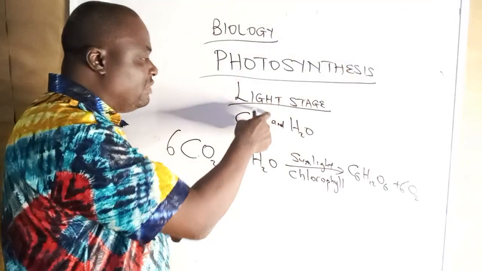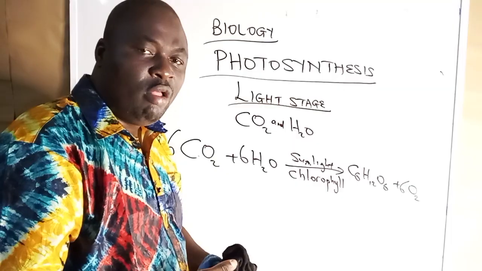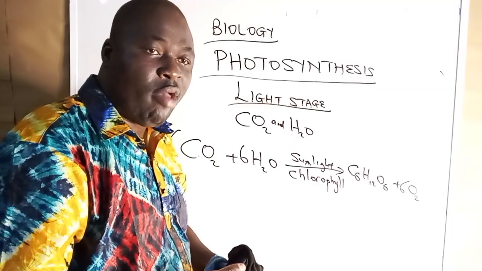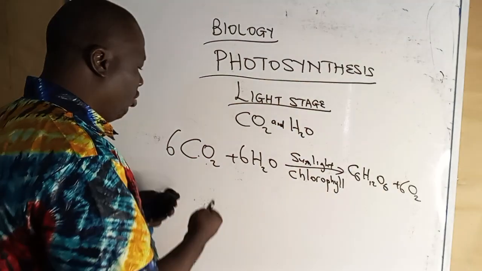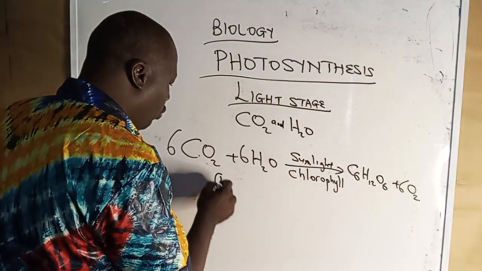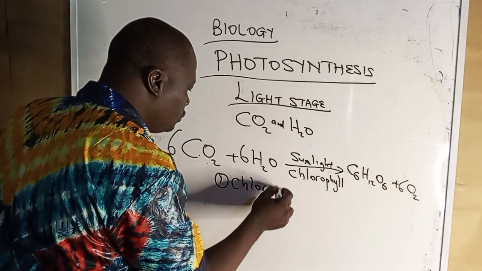The light stage occurs in the presence of light, sunlight, and it occurs mainly during the day. It's during the day we have sunlight. And what happens is there are four stages. The first step is this. Number one, chlorophyll